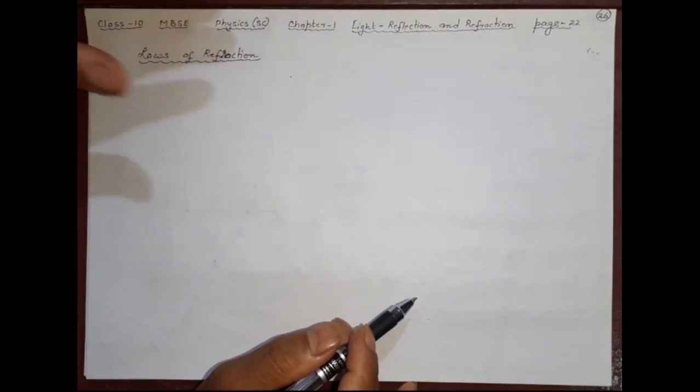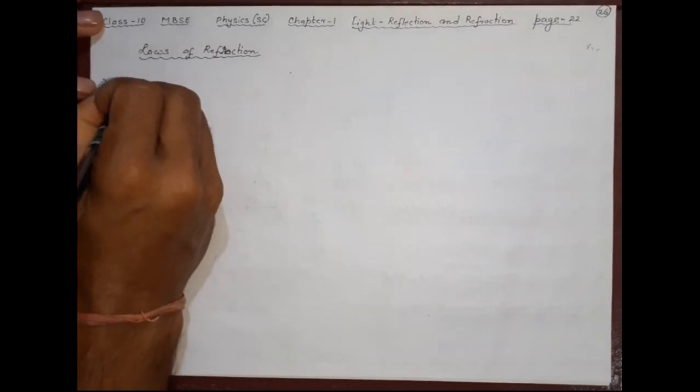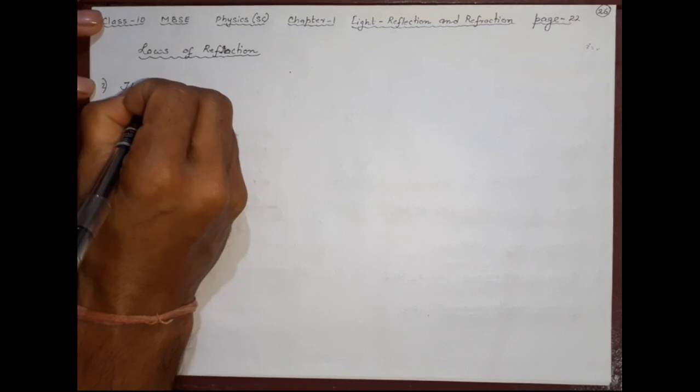i is always more than the refracted angle. So there is some other relation. That relation is called the laws of refraction. Okay, so what is that? Let's write the first one. The first law is that the